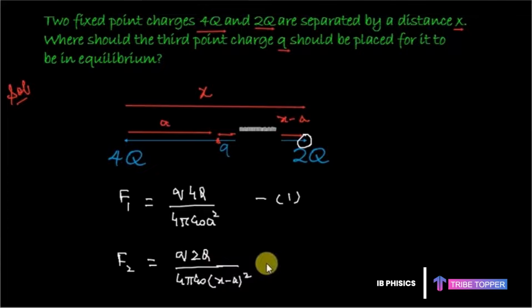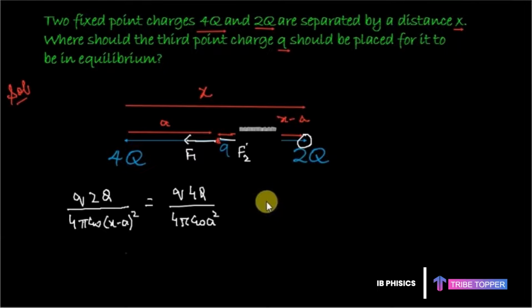Now, the question says for this charge Q to be in equilibrium. So, what should be the condition for the charge Q to be in equilibrium? These two equations would be equated because the force on this charge, F1 in this direction and F2 in this direction, should be equal and opposite. So they are directed opposite and it is equal. So we'll just equate equation 1 and 2. And so we get,